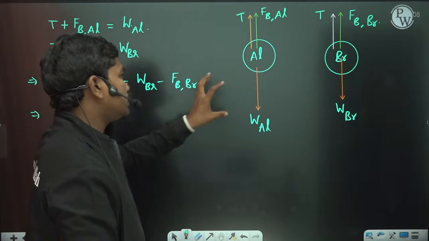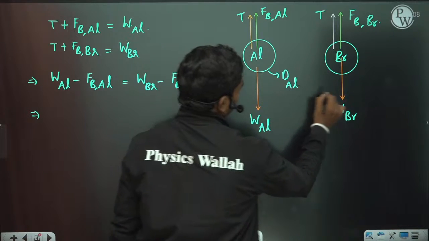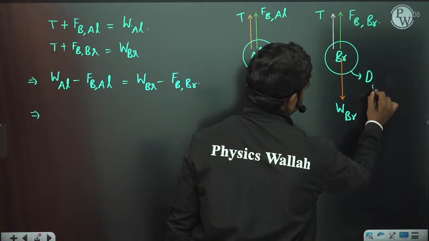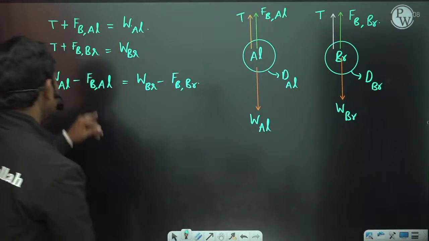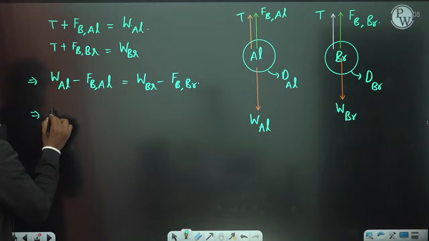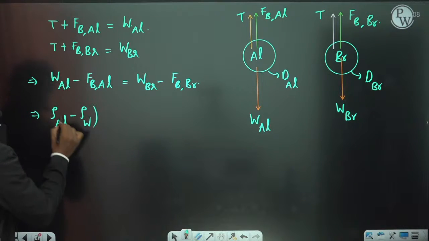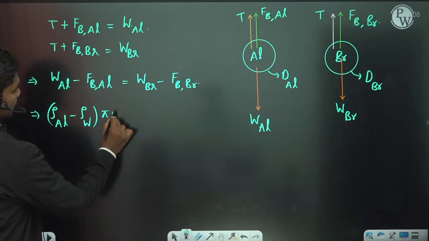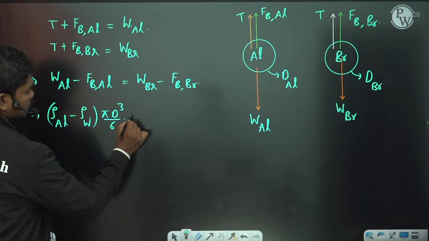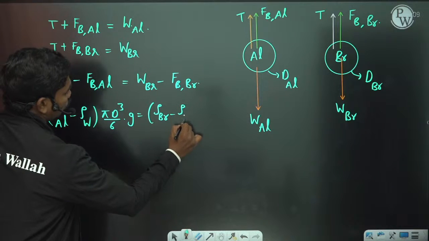If the diameter of this is d aluminum, and the diameter of this is d brass, then you can write density of aluminum minus density of fluid, which is water, times pi d cube by 6 into g, is equal to density of brass minus density of water, times pi by 6